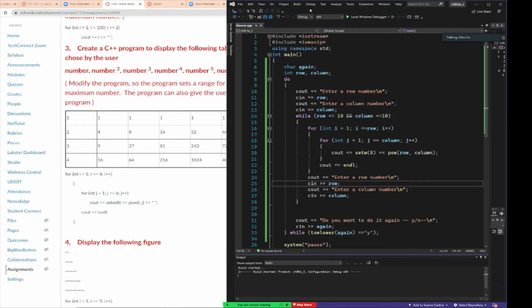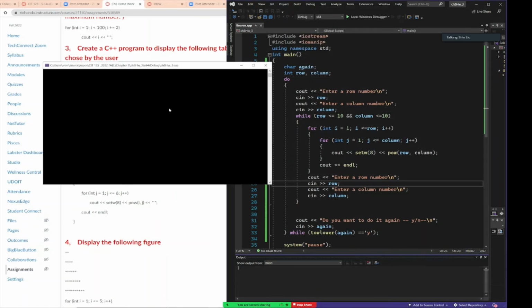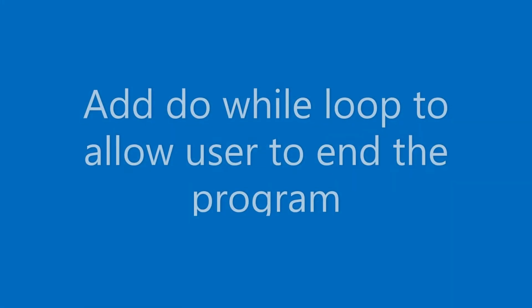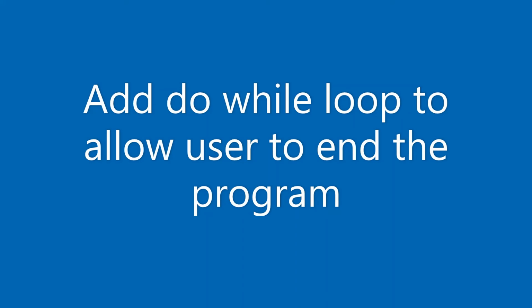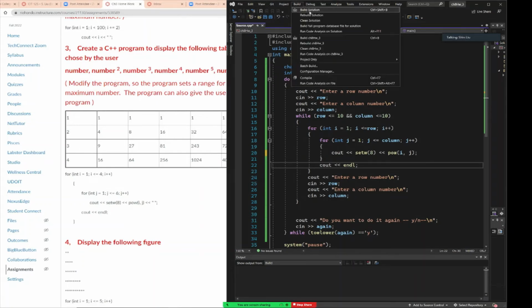So I build it, and I start without debugging. So I do the same thing. I'm at 10 row, okay, and 3 column, okay. So now this ending number is row, the last number is row and column, and you do i to the j, and then you are going to build this program,